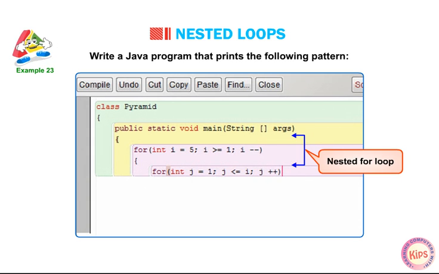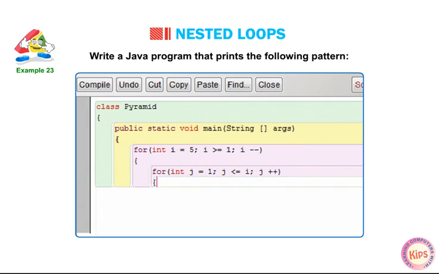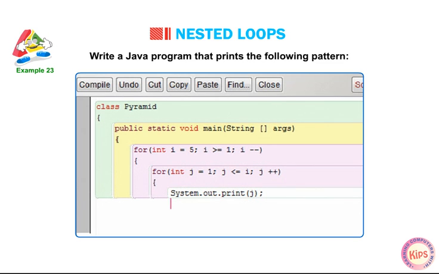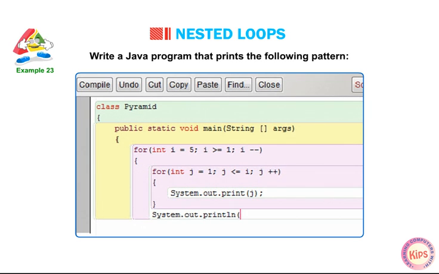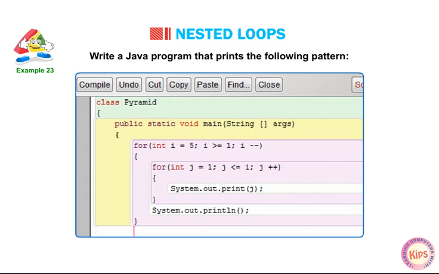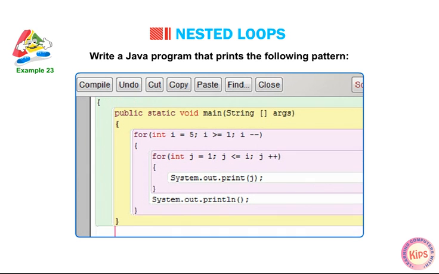Nested for loop. { System.out.print(j); } System.out.println(); } } }